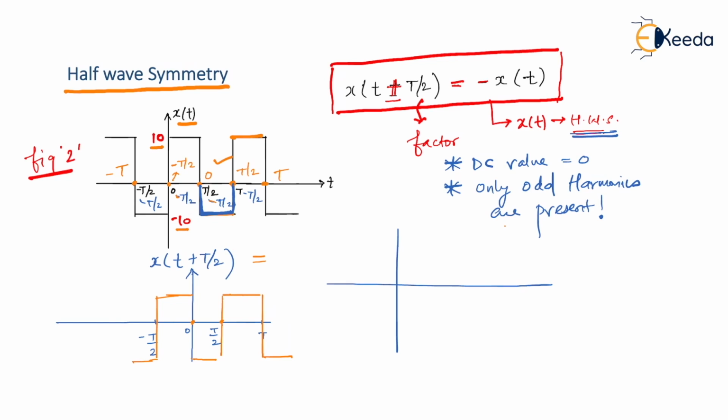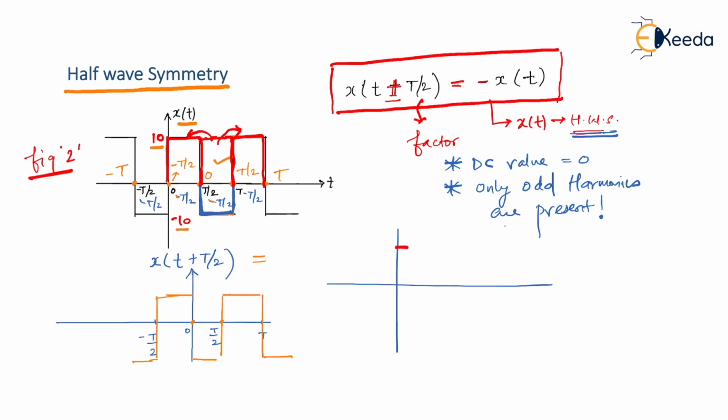Then after shifting that part upward, that is, just try to draw a mirror image of it, then it will look like this. It will certainly look like this. So what I did, I identified the negative portion, and after doing so, I took a mirror image of that negative half cycle upward. And once you do that, you just try to shift the mirror image towards its right or towards its left, wherever you can. If it exactly fits on the right hand side or on the left hand side, then definitely the given signal is a half wave symmetry signal.